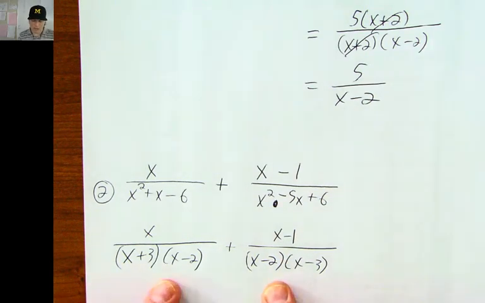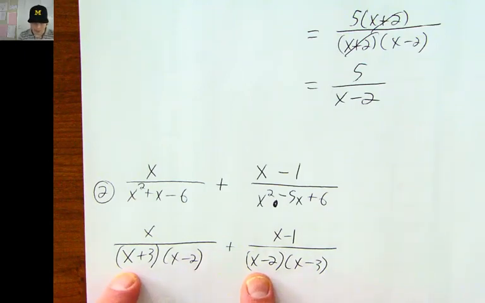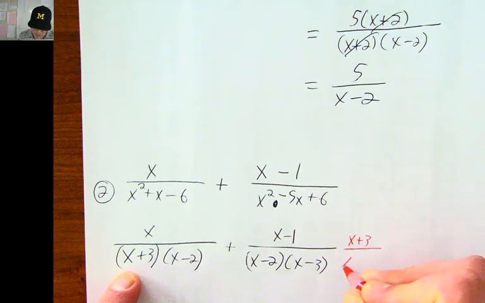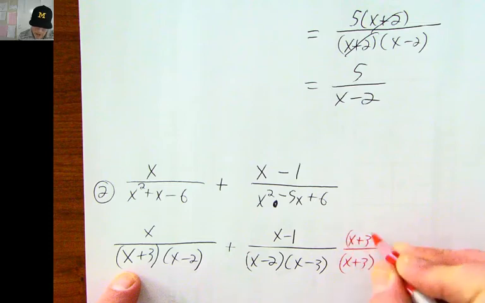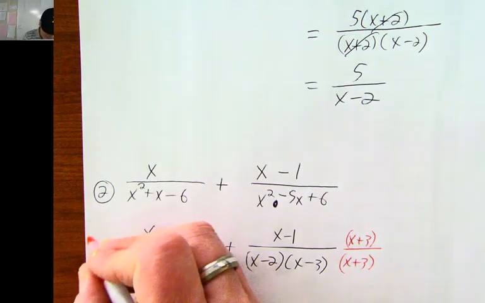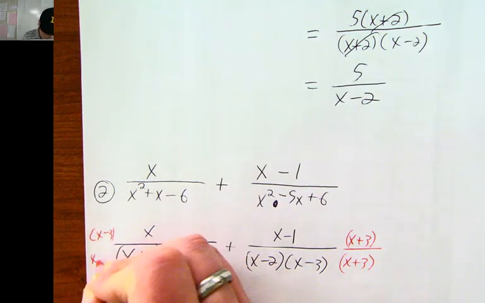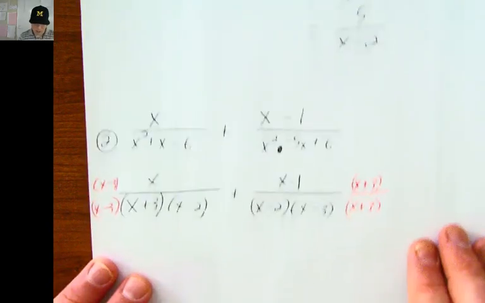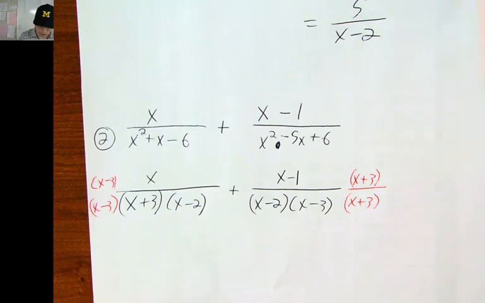So when I compare these two denominators, they both have an x minus 2. Now this one has an x plus 3, but this one does not have an x plus 3. So I'm going to multiply the numerator and denominator by x plus 3. At the same time, this one has an x minus 3 that this one does not have. So I'm going to multiply this numerator and denominator by x minus 3. And when I work all this out,